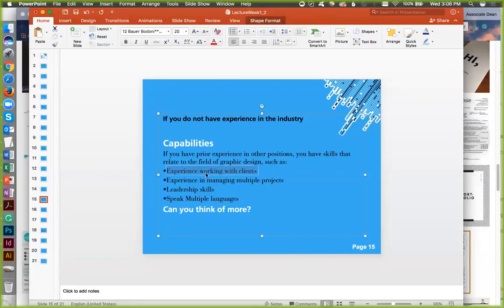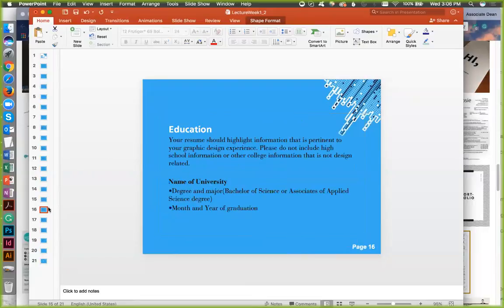For instance, if you're a babysitter or a nanny, you have the ability of multitasking. It is huge with kids, right? Experience in managing multiple projects. Leadership skills. Maybe you worked as a manager. Maybe you speak more than one language. Okay? Can you think of more that you can put on here as capabilities? I'm going to translate some of this stuff anyway.